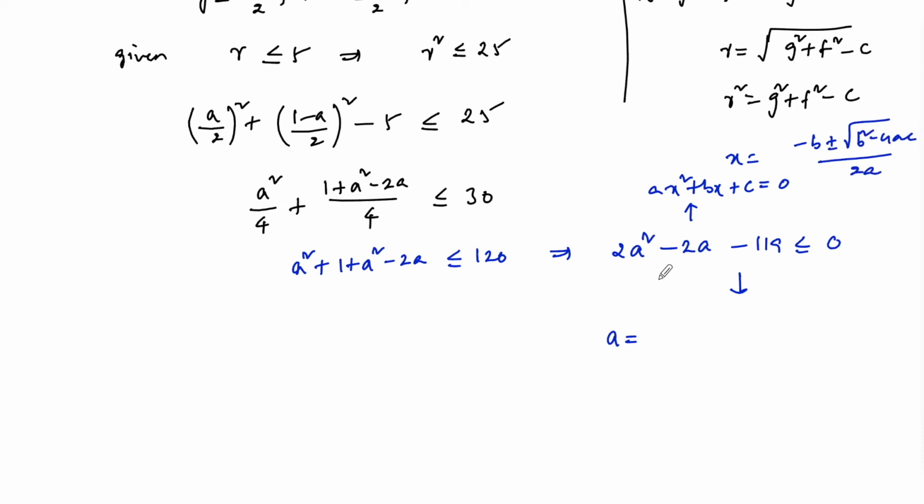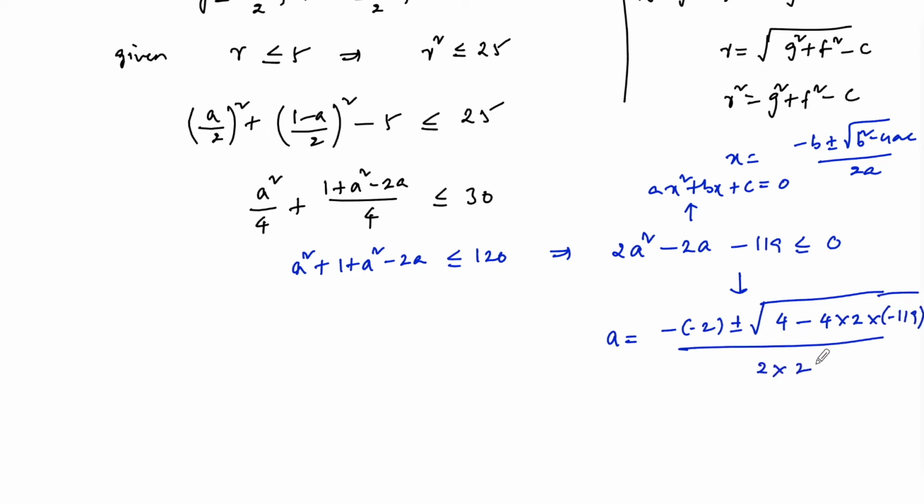So here a is the variable, so a is equal to minus of minus 2 plus or minus under root of b square, that is minus 2 whole square is 4, minus 4 into 2 into minus 119, divided by 2 into a, it is 2 into 2. So we can get that a is equal to 2 plus or minus under root of 4,